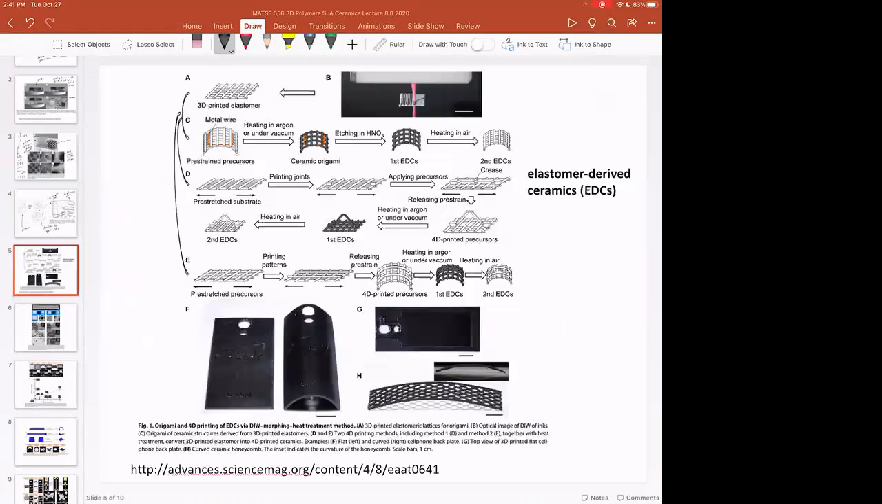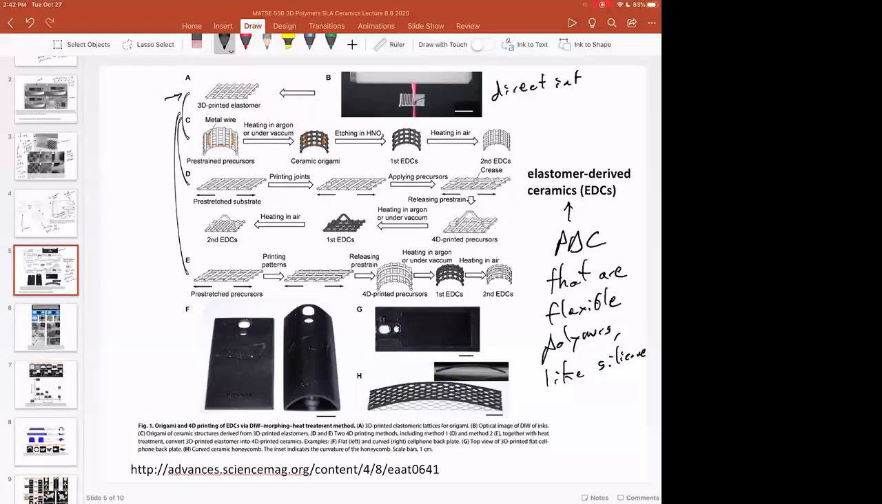Okay. There's another really nice paper, and they take advantage of what's called elastomer-derived ceramics. So that's another name for polymer-derived ceramics that are flexible polymers like silicone. And so you take your 3D printed elastomer in step A here. And so this is direct